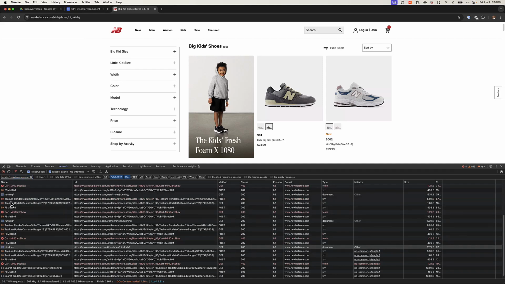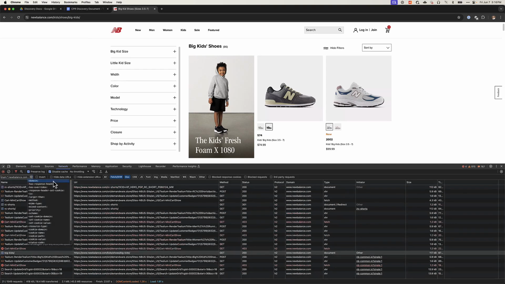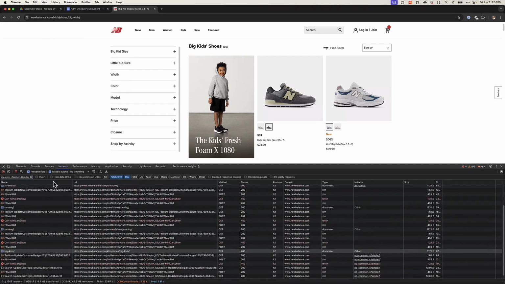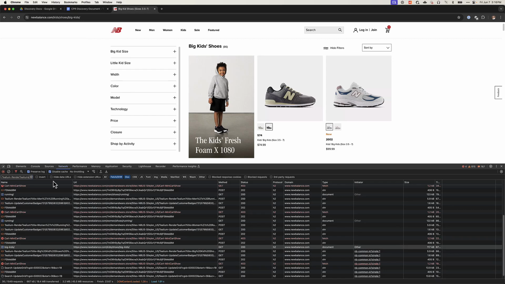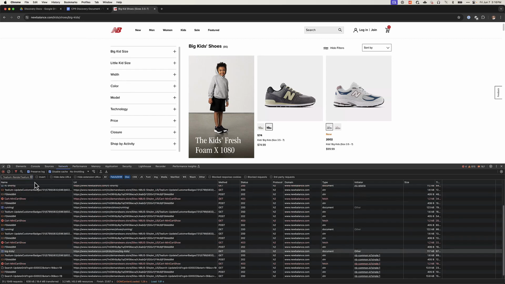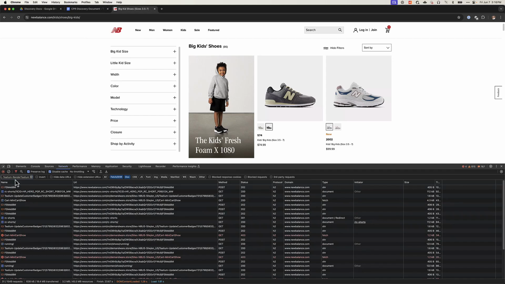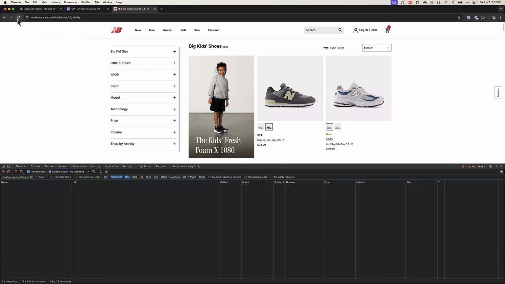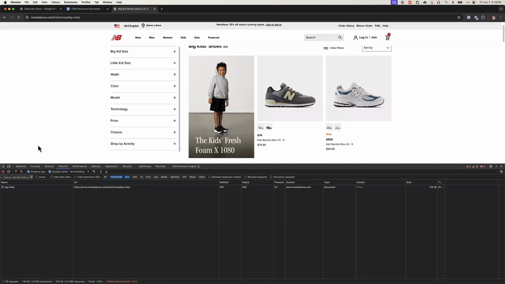So it was Telium render Telium, right? And with that minus sign, again, I did a space and a minus sign. I'm filtering out anything that matches telium hyphen render, and it's actually hyphen render telium. Now if I screwed that up, it would show back. It would show, there it is. I'm trying to filter that out, Telium render Telium. Okay. So now if I clear everything, and I just refresh my Big Kid Shoes page here,